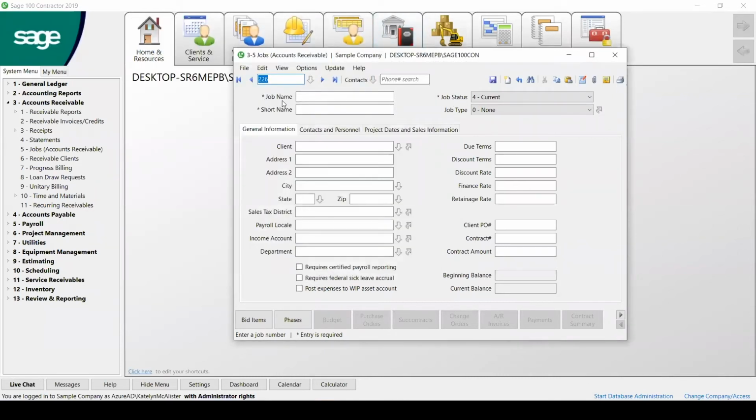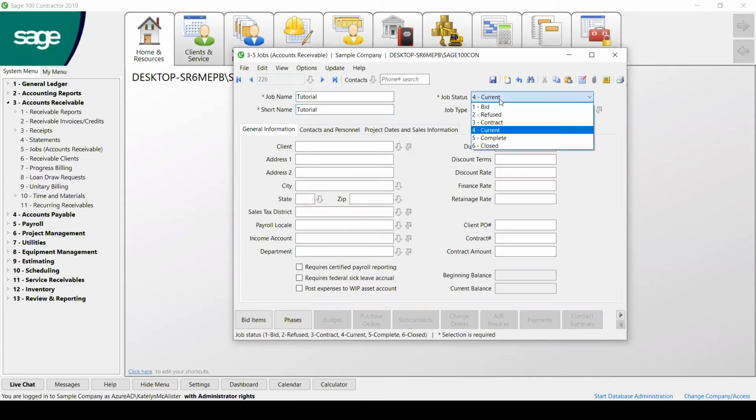On these fields where you enter the job name, these items have an asterisk next to them, so they will show you that these are required in order to save the job in its entirety. So job name, short name, and job status are going to be required that they are inputted and updated before you can make that job an active job. Once you enter this name, so let's just say, let's call this job tutorial.